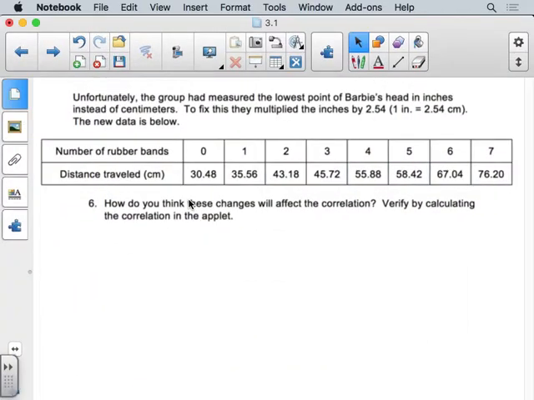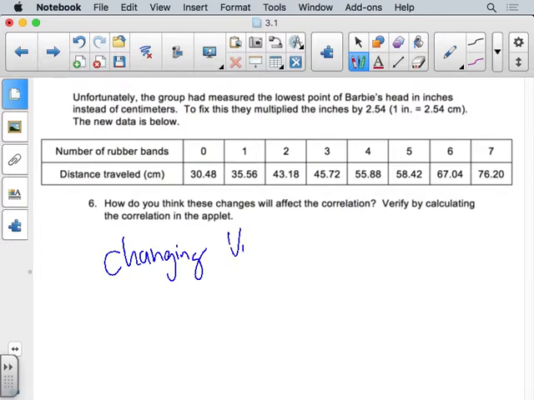So if I change all the units, nothing gets affected. That's a really nice thing if you're a scientist or statistician, that I can mix and match. As long as I do something to the whole graph, that correlation doesn't change. You could even add numbers. If I added 5 to everything, it really shouldn't change because everything got affected. So changing units